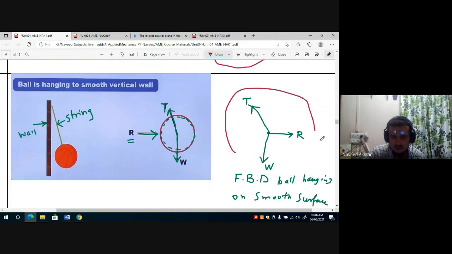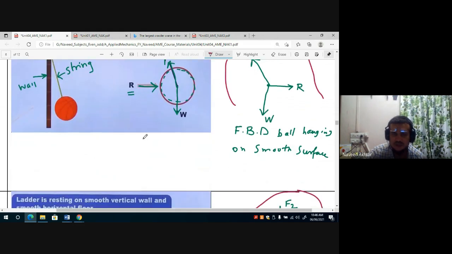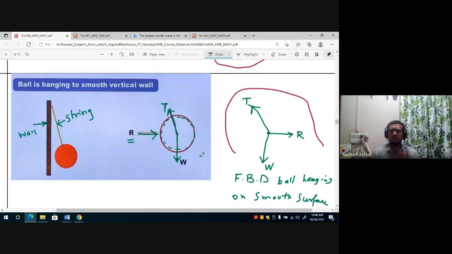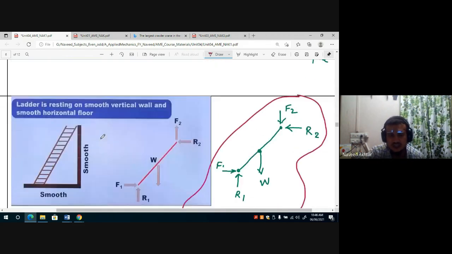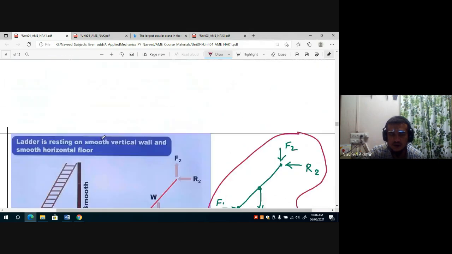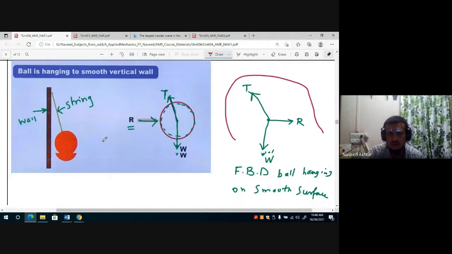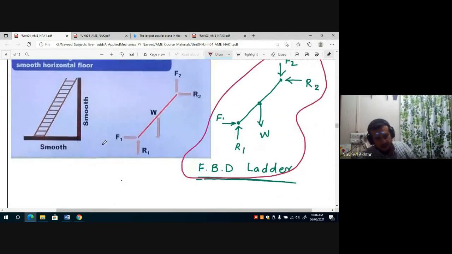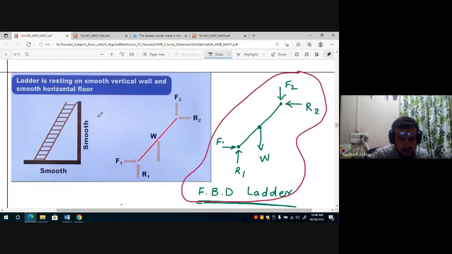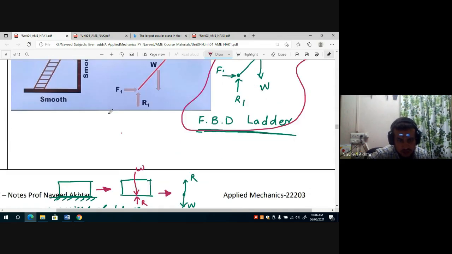कि हमने जो सिर्फ फोर्सेस को शो किया है और हमने बॉडी भी शो नहीं किया, उसके सराउंडिंग को भी शो नहीं किया है, तो ऐसी डायग्राम को फ्री बॉडी डायग्राम बोलते हैं. इसके 3 एग्जांपल हमने देखे: बॉल रेस्टिंग ऑन ग्राउंड, बॉल हैंगिंग ऑन वॉल, और लेडर रेस्टिंग एंड सपोर्टिंग ऑन वॉल. ये 3 कंडीशंस हमने इक्विलिब्रियम के देखे और उसका फ्री बॉडी डायग्राम बनाया.